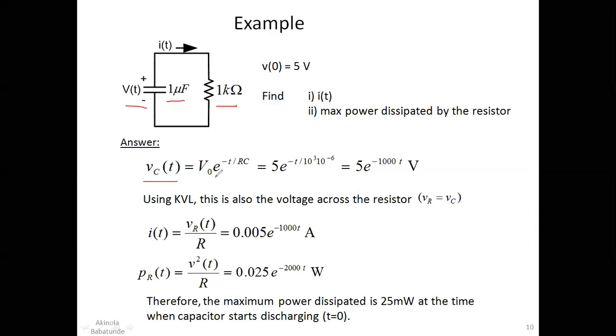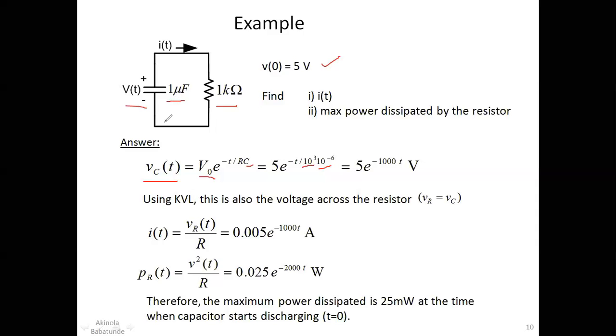So you have V naught exponential minus t over RC. Don't forget, we know our V naught to be 5, given here. Also, we know that our R is 1 kilo ohm, so that becomes 1 times 10 raised to power 3. That's why you have 10 raised to power 3 here. And then you have our C, which is given as 1 microfarad. 1 microfarad will mean 1 times 10 raised to power minus 6. If you simplify this, you have 5 exponential minus 1000 t volts. That is your voltage across the